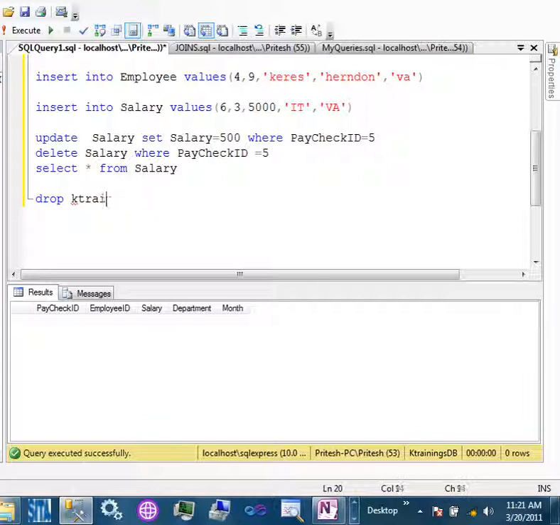Why do you have to delete it? Just showing us if you wanted to. Can you restore it or no? Once you delete it, you cannot. If you have taken a backup of it, if you already have a replica of it, then you can do it. So there is a syntax for drop.